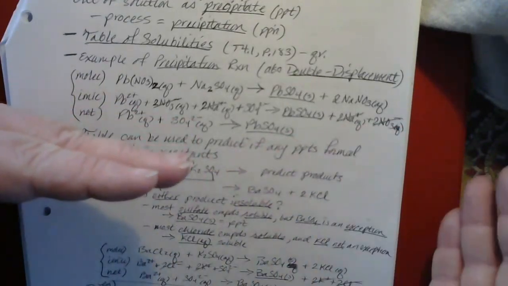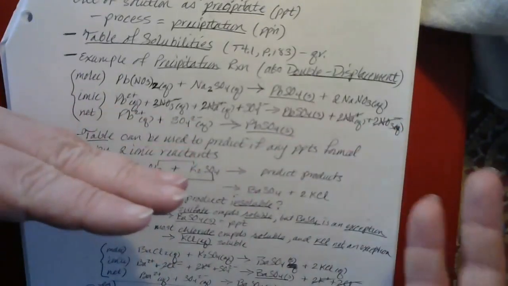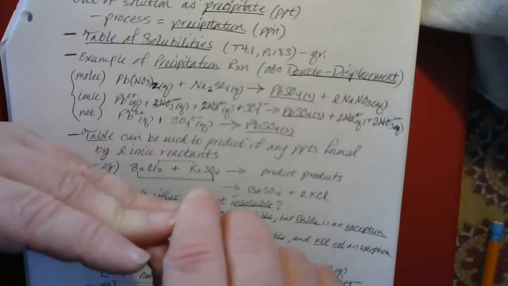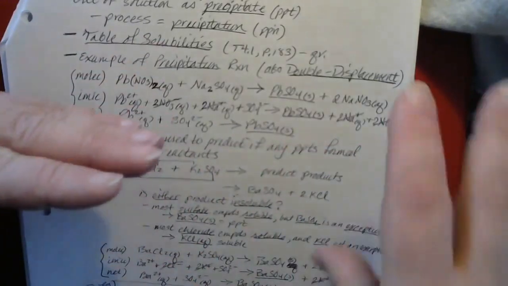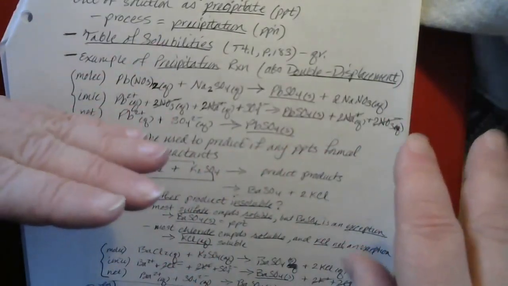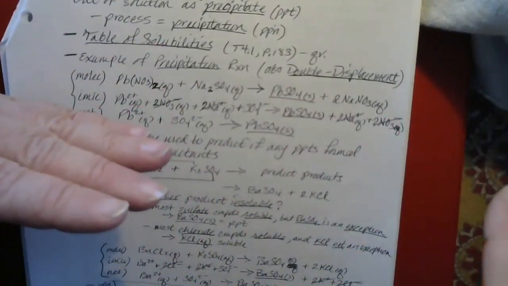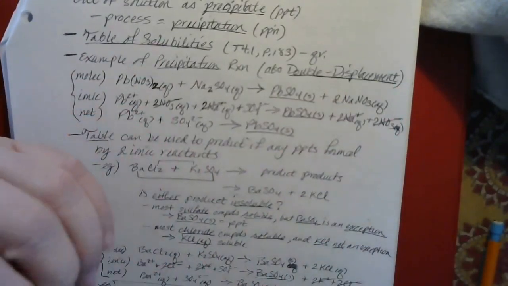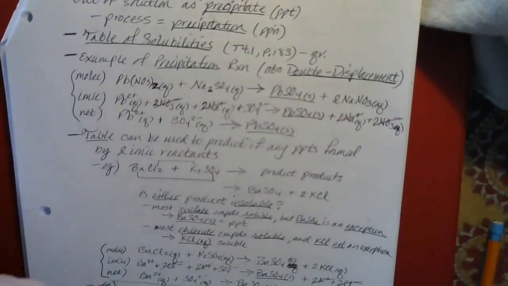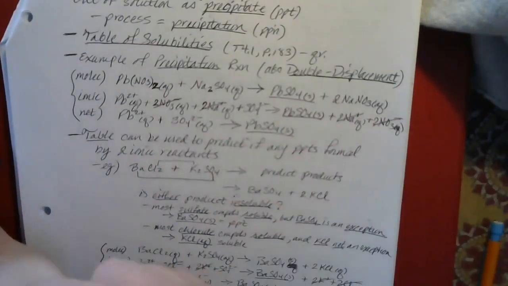And then there are certain other anions, like the chloride ion, where most of its compounds are soluble in water, but there are a few exceptions, like silver chloride. So they'll be listed as soluble, but then in the exceptions section, you'll have things like silver chloride and lead chloride and a few others that are not soluble in water. So the exceptions go in the opposite direction. And then in the bottom half of the table, you have